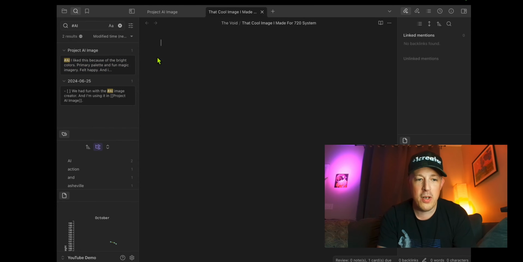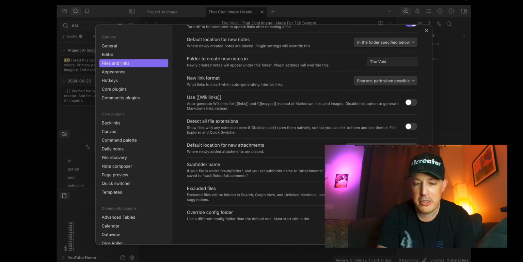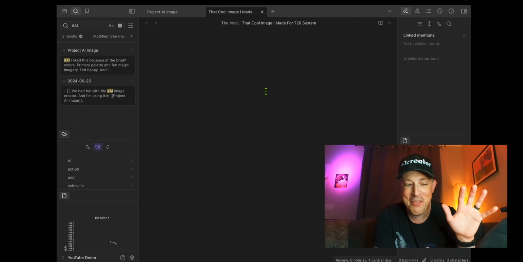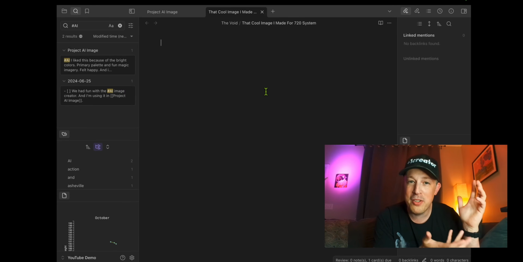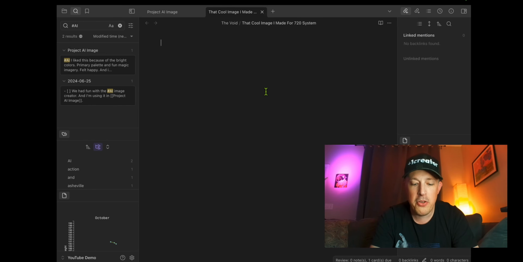But I don't want my attachments folder to be in the void. So I'm going to change the file locations default to be in the folder specified below, and I want that to be attachments. And then this will work the way that I want it to work. So I still have the problem of it being all in one folder, but I will have all this stuff around,